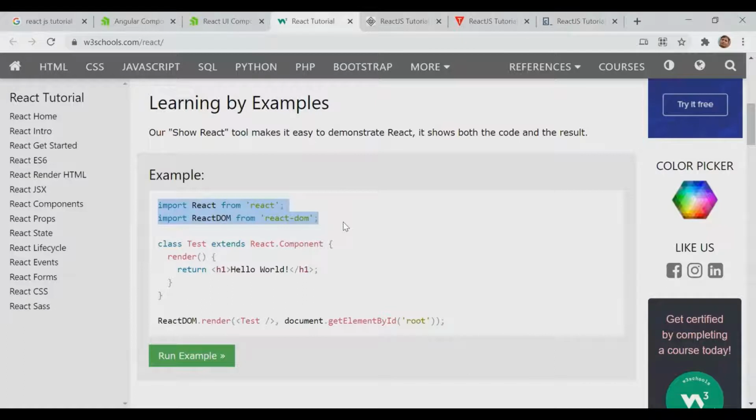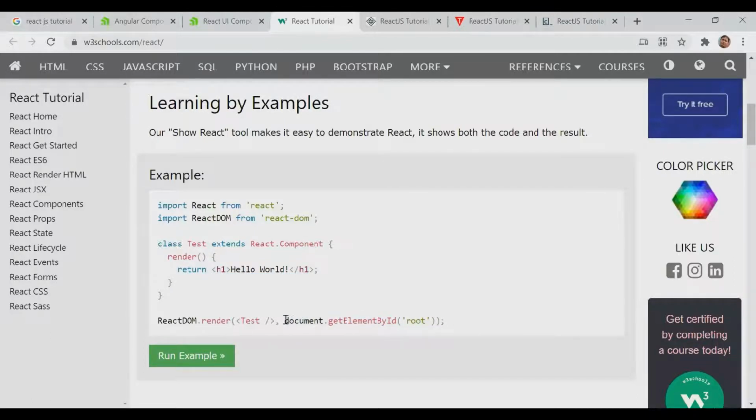Prasant, it is much more similar to Angular, right? Actually, I don't know Angular, so I can't compare with it. You don't know Angular? Okay. Here they are using a class and extend. They get the component, and here we have the render, which will come in this part.